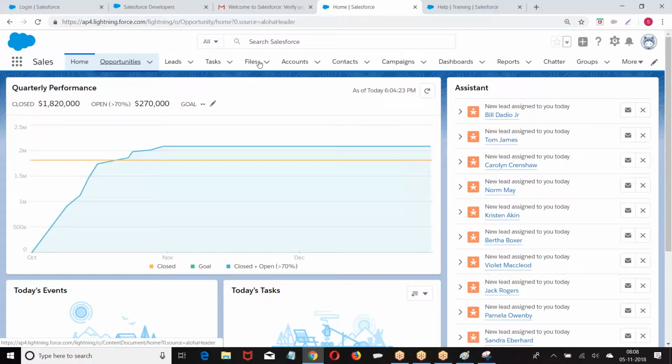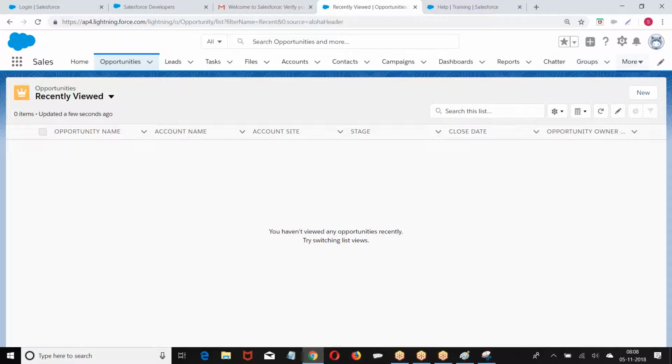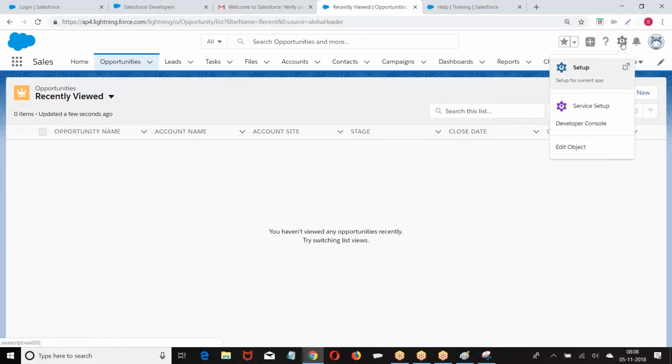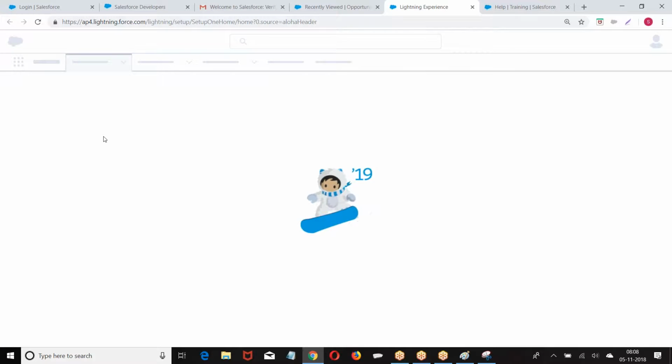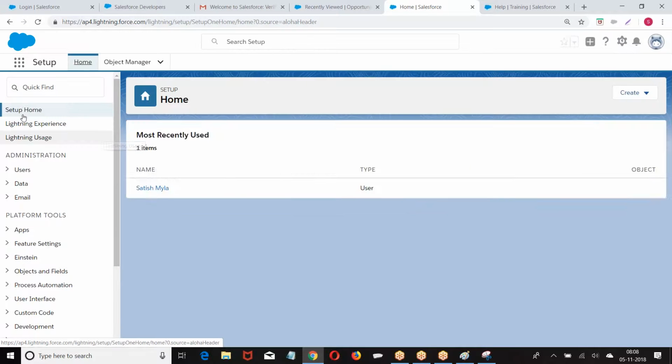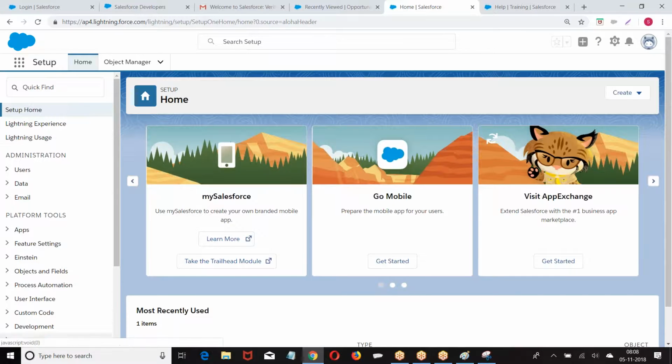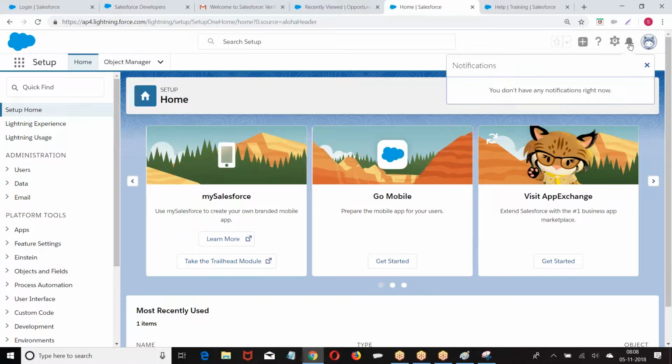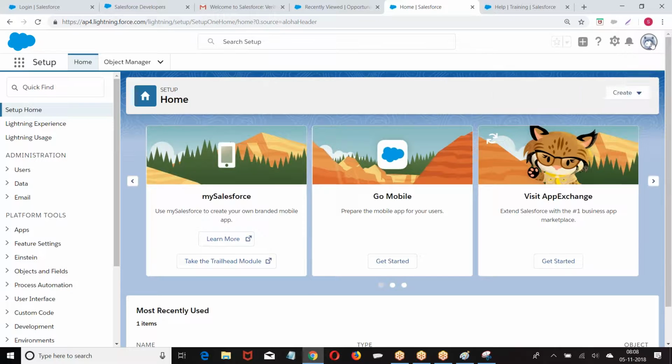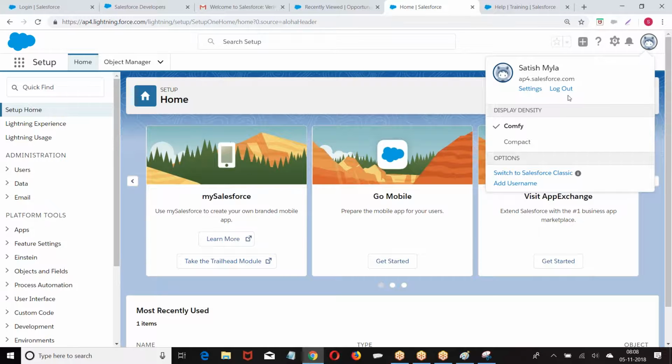All these are tabs, a tab panel with tabs. Now here we have the setup menu. There I have Setup to open the setup bar. When you click on Setup, the menu will be opened. This is a notification, in case you get any alerts, tasks, notifications. This is the current user who logged in, log out, or switch to Classic. Tab panel, tabs, current user who logged in, log out, Classic, setup.